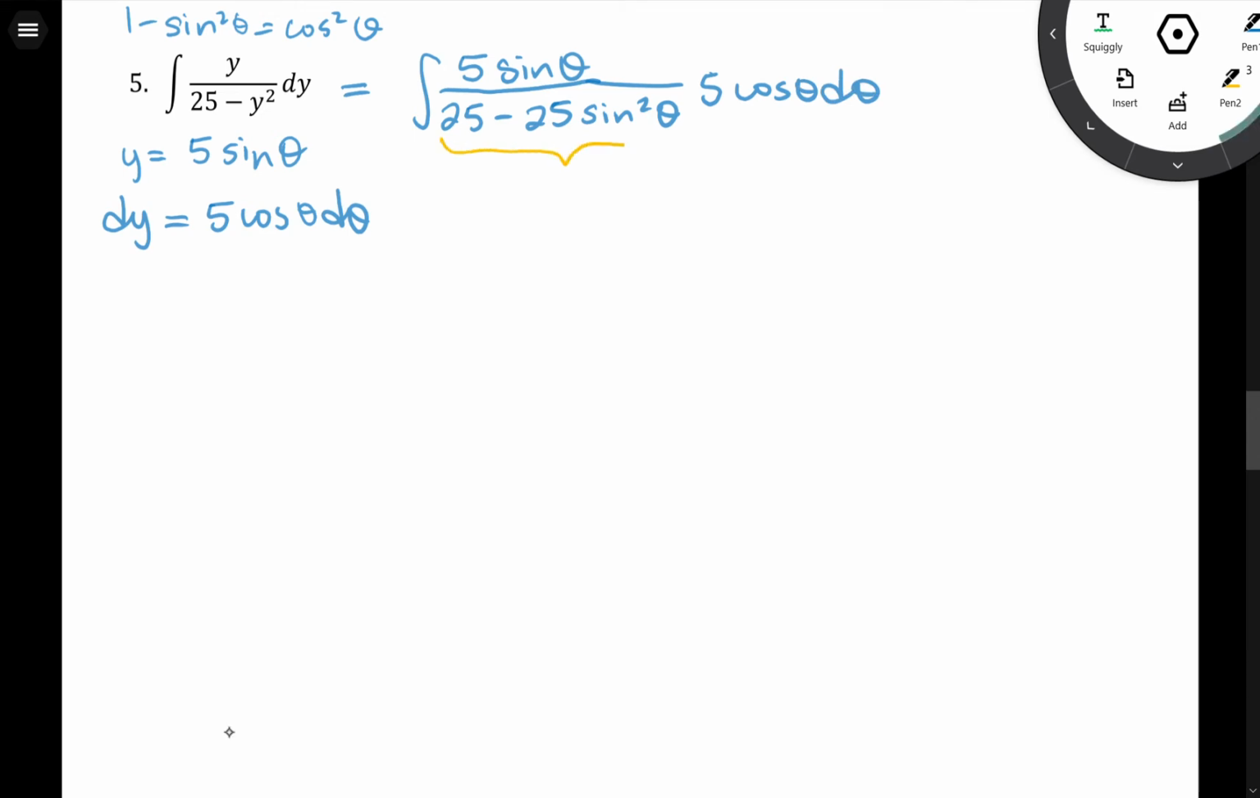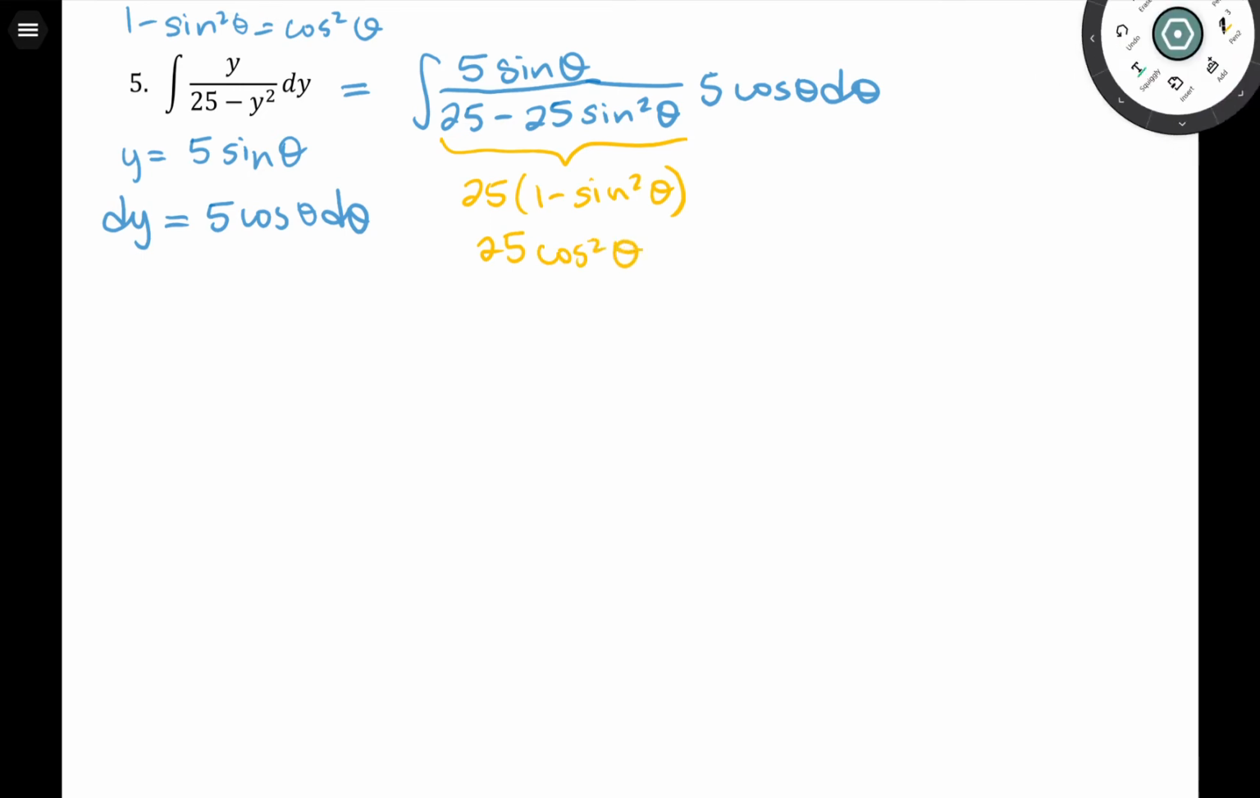So my scratch work here is I factor out my 25. Again, I don't need to see this. This is just for you. If you don't need it, don't do it. That's fine. 1 minus sine squared is the same as cosine squared theta. So this is going to turn into